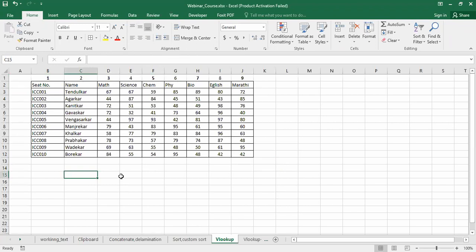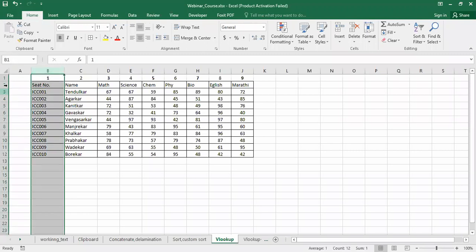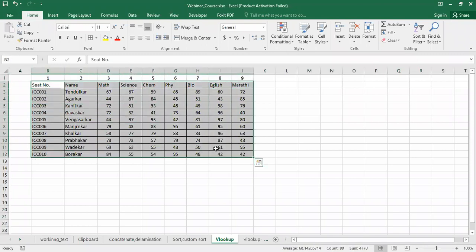How to do that? Just before using this VLOOKUP, first of all, we have to select this entire data, and then give a certain name to this data, so that it becomes much easier to use the VLOOKUP. You can see when you select this, the address name is B2, meaning B column, second row. So when I select all these, it will show the first cell only, but I can change the name of this data.